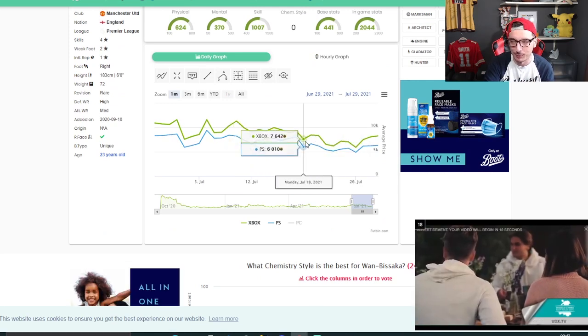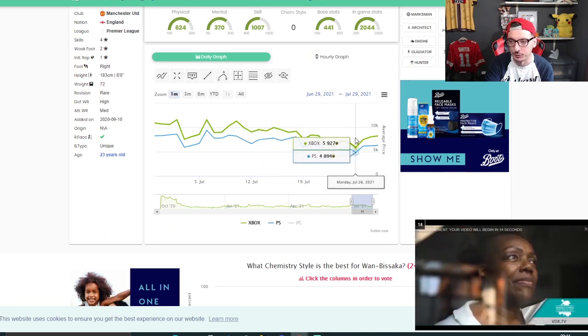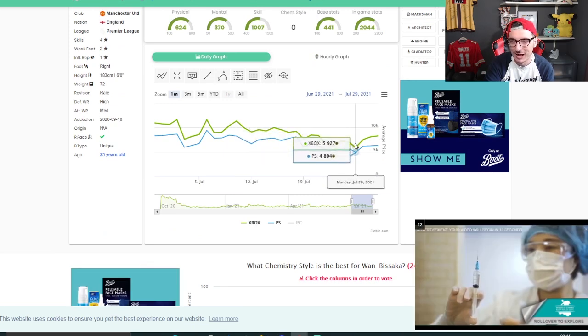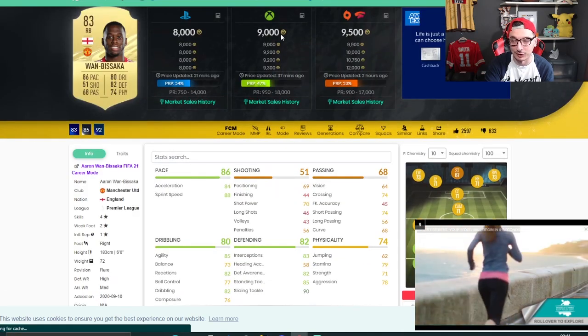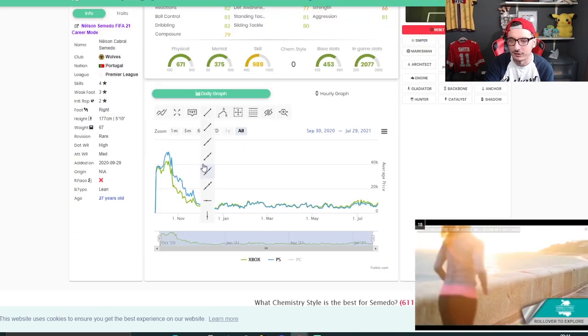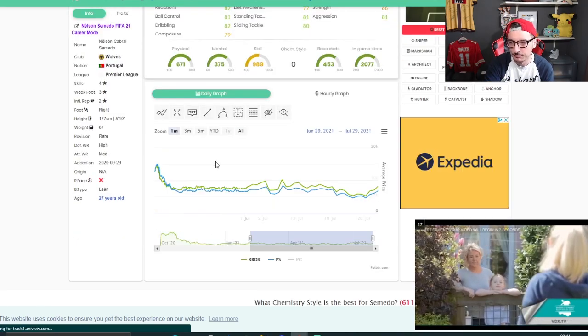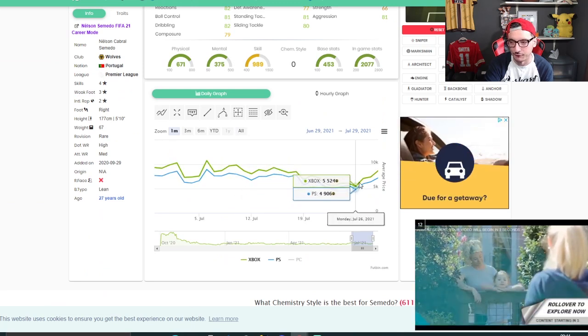So if you look at Wan-Bissaka moment, down to 7.6, up to 8.4, down to 6.2, up to 7.1 there, a low of 5.9 before getting right up now to 9,000 coins on Xbox. You're looking at nearly doubling your coins by buying into him. Semedo the same. If you look at him, drops down to 6.8, up to 7.6, really far down to 5.5,